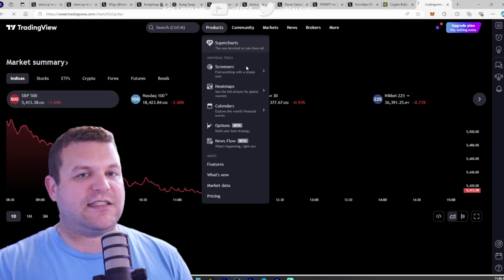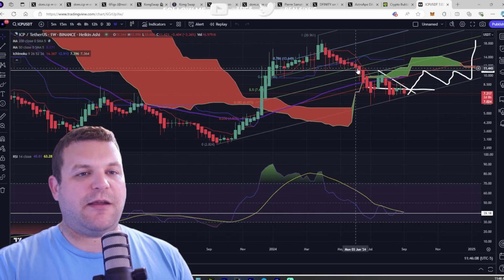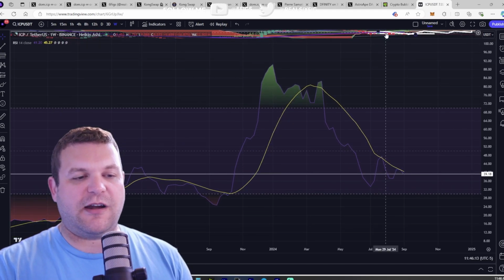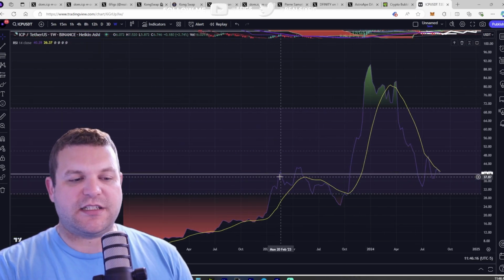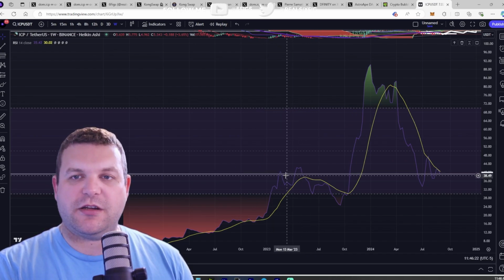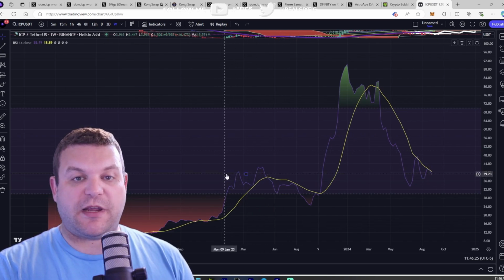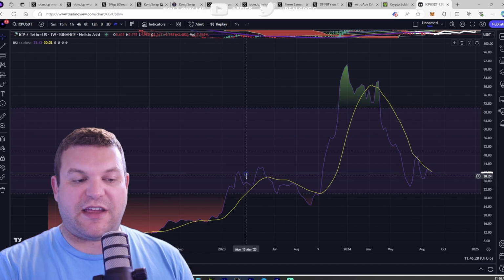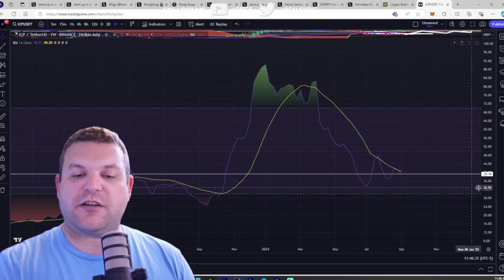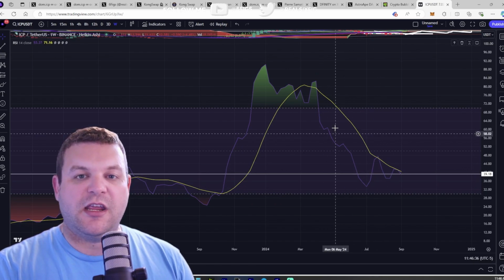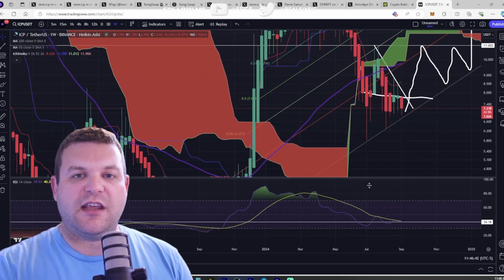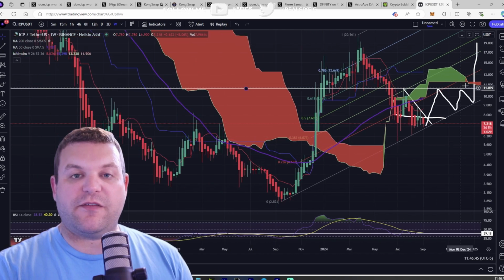When we look at ICP on the charts, the last time I was talking about this was on Wednesday, 2 days ago. And we'll look at the RSI to get started. So you can see that back in February to July of 2023, last year, there was some heavy resistance on the RSI around these levels, around this 38, 39 point RSI level. Here we are back at the 38, 39 point RSI level, but we are testing this level as support. So I am hopeful that we will see ICP start pulling a reversal here.